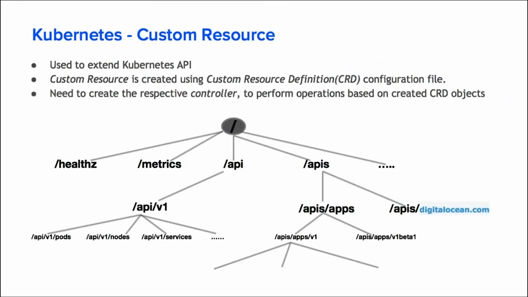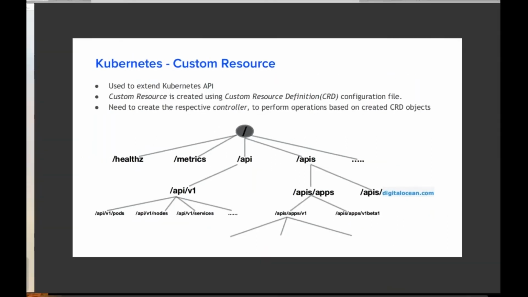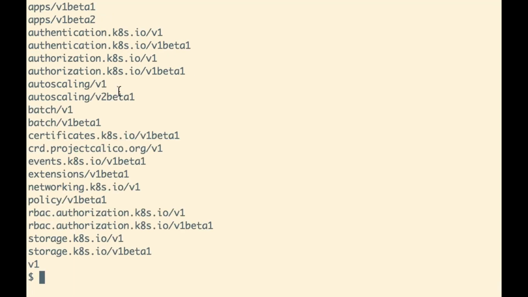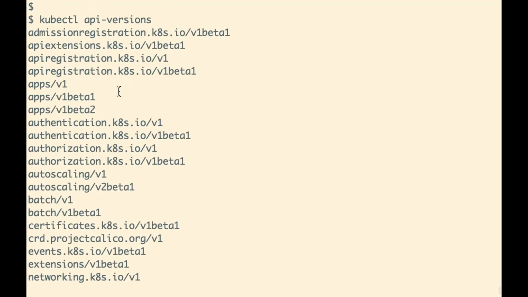Okay, so in Kubernetes, I mentioned that there is this API server, and this API server would have API endpoints. So if I go back and run the command kubectl api-versions, on the screen you now see that there are different API endpoints to which we could send commands. For example, there is an API group called apps, which has v1, v1beta1, v1beta2 as endpoints. And similarly, there's an API group for authentication, batch, autoscaling, and so on.